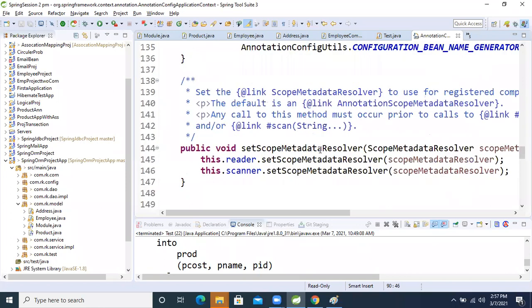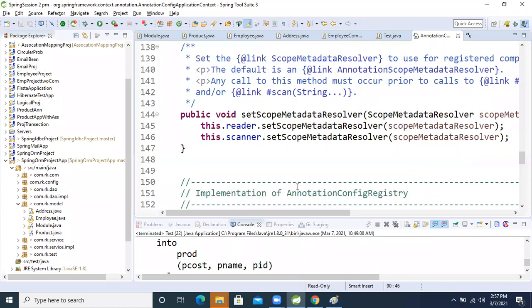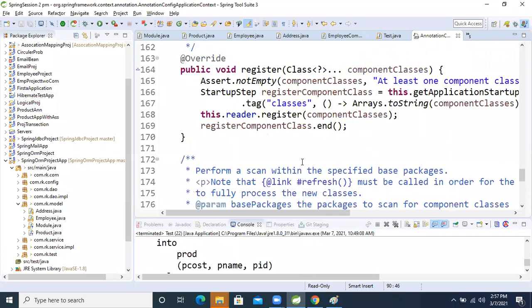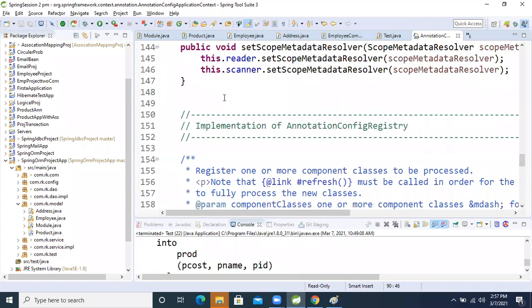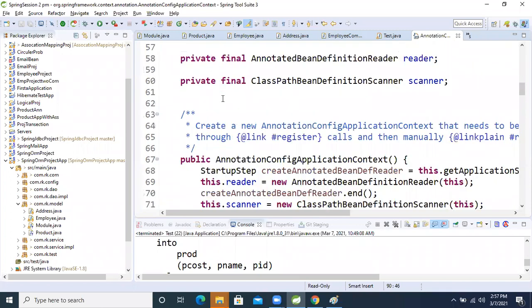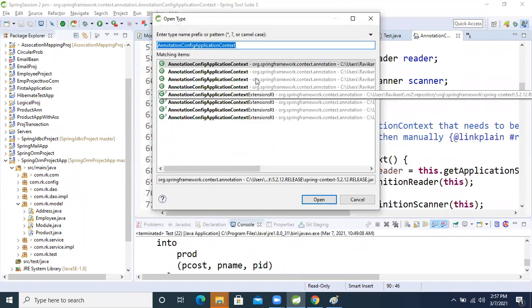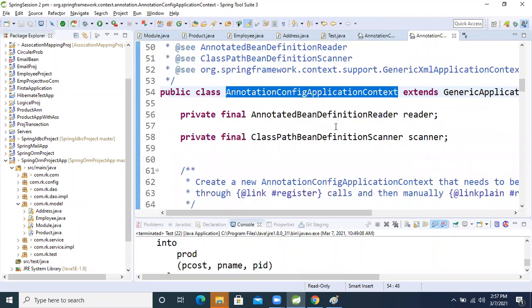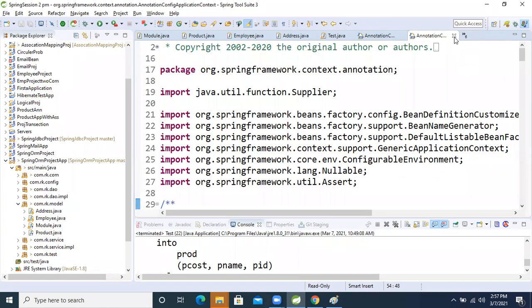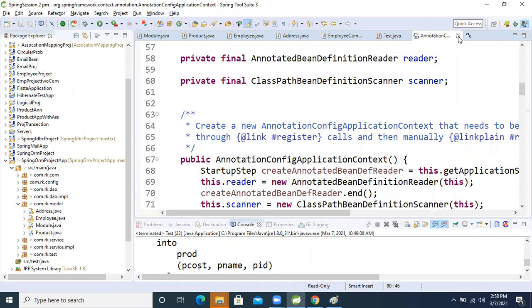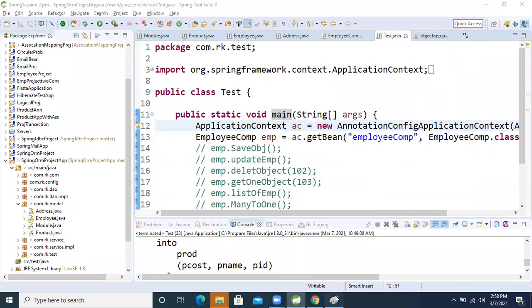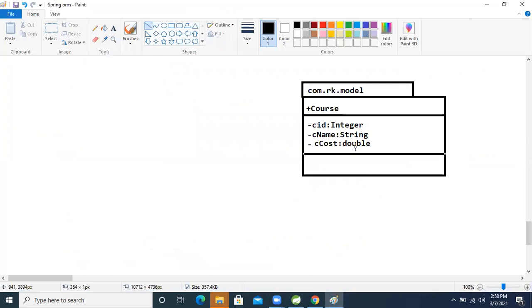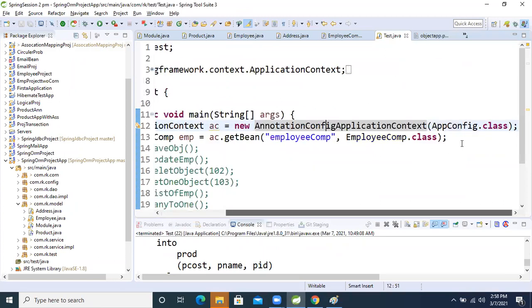I have seen Eclipse IDE also showing the same, but where is it? Control Shift T. Oh, I gave the path, because of that we are unable to see it. Okay, don't worry, I will show you people. Why am I writing like this? Even our Eclipse IDE shows the return type and all those things. One minute, I'm just writing.